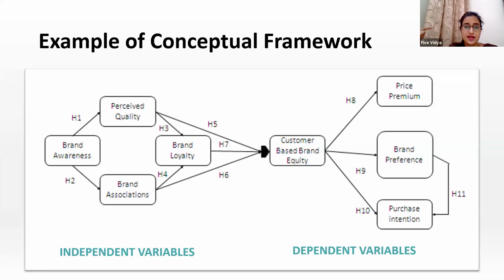Yes, is it required to criticize someone or not? It depends on what kind of literature review you are writing. If you are writing a critical literature review, as we call it, there you can criticize. But if you're writing a normal review paper, then you can write it normally. There is no need to criticize.